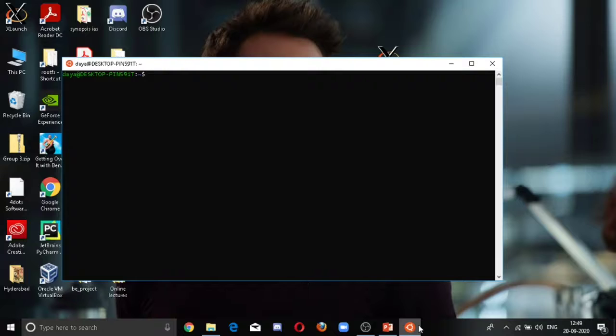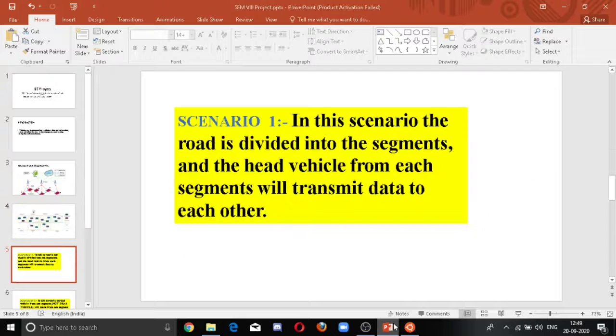First thing we have to do here is export the display for the simulation by the command. The display has been exported. Now let's go to scenario 1.